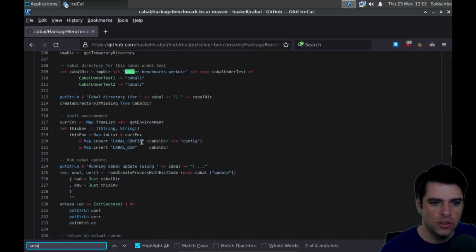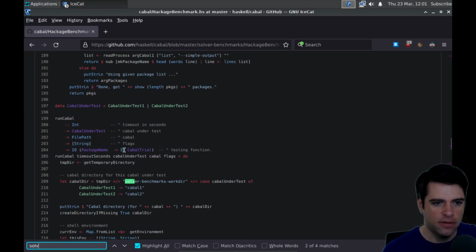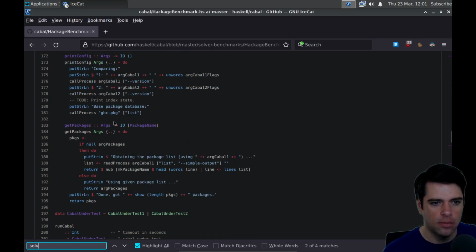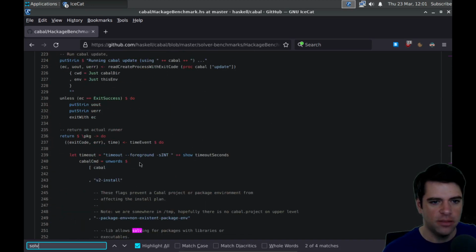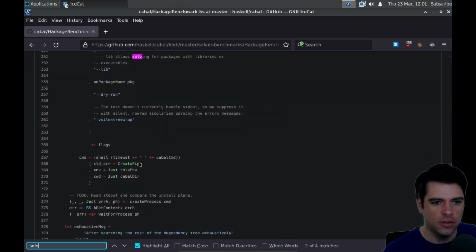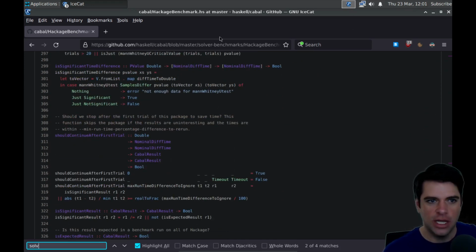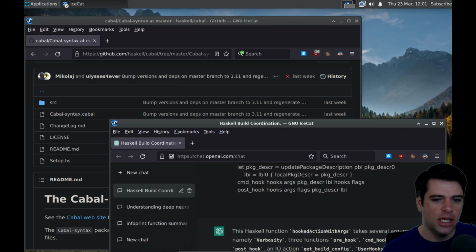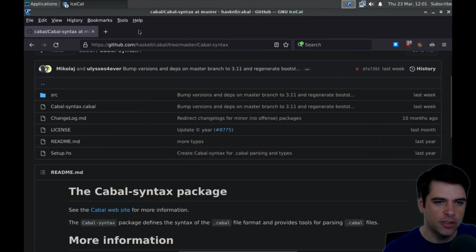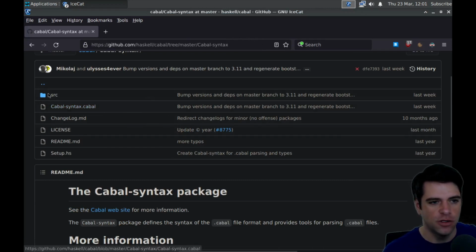So it's got some library stuff. I'm guessing by solver, it might be just referring to the code we looked at before that's looking at the dependencies and maybe also the topological sort stuff and figuring out which version goes where.